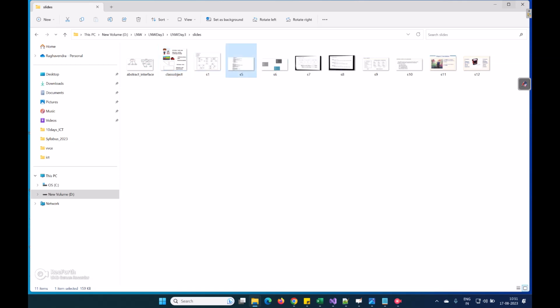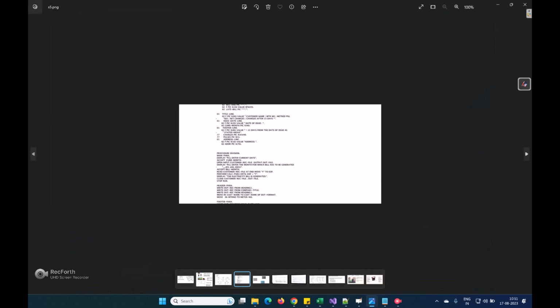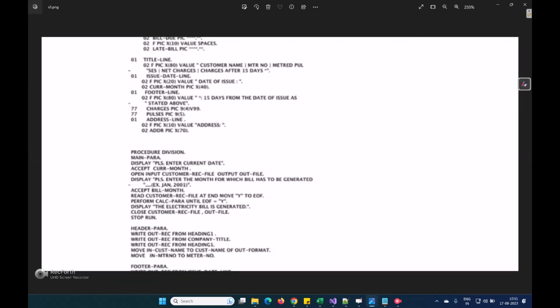So here, what happens? Earlier, I used to write programming in this manner. This is the COBOL language, a procedure-oriented language. All the functions are globally present. Everyone will have dependency; you will be depending on the function.